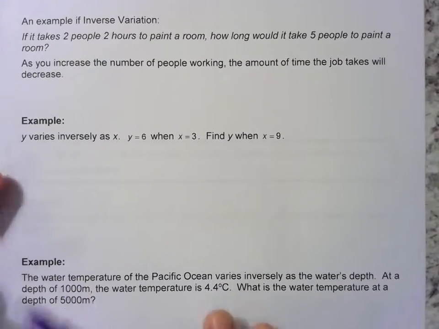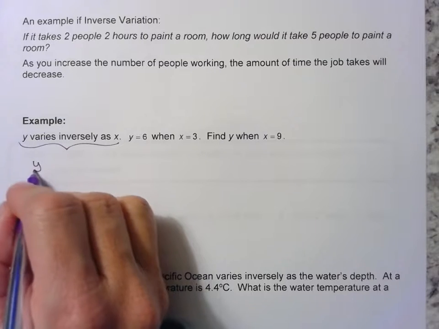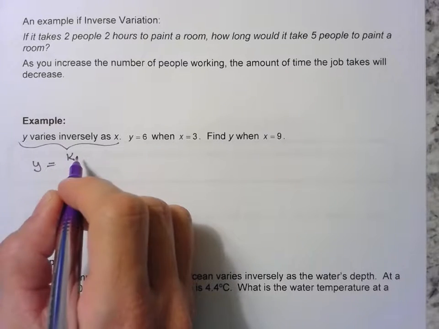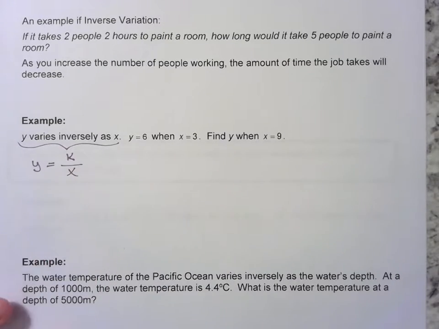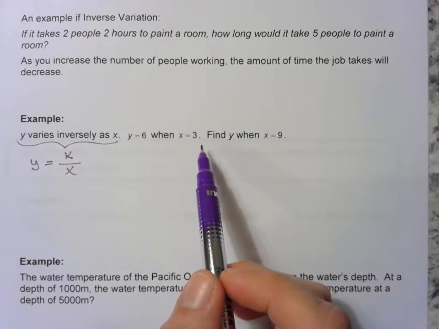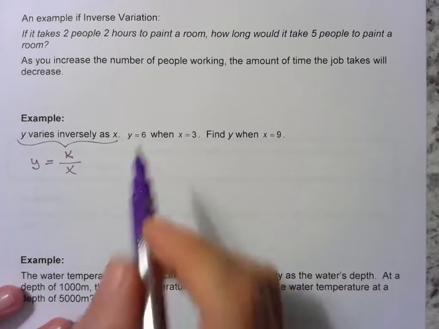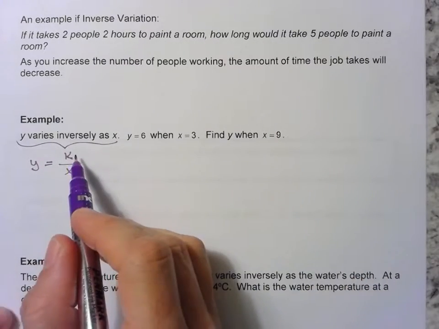Let's look at an example. Y varies inversely as x. We can immediately write y equals k divided by x. Then it says y is 6 when x is 3. Find y when x is 9. So we use what we know to find k. Y is 6